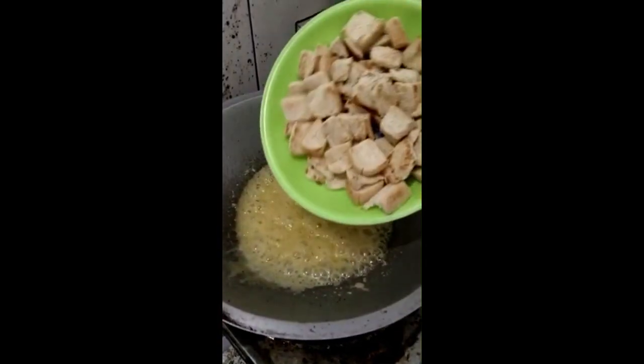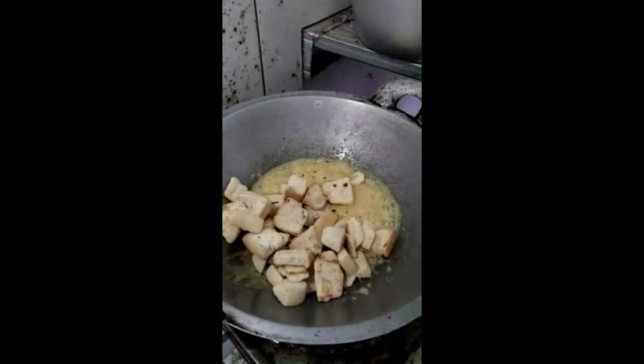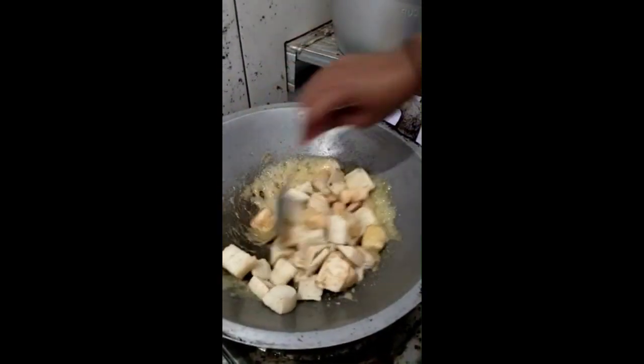After thick, add the bread which was already fried. Stir until well blended